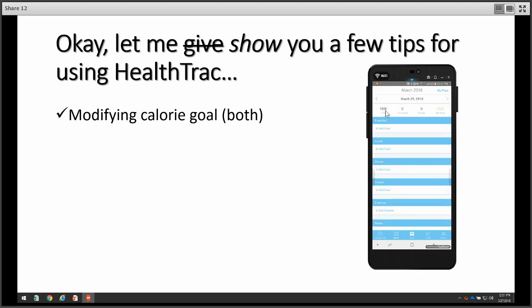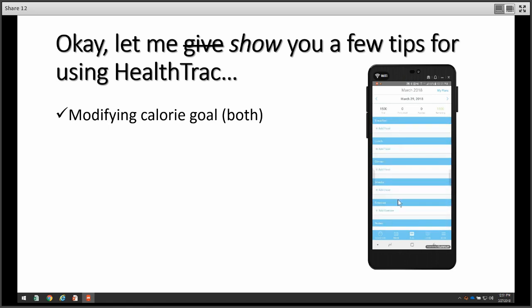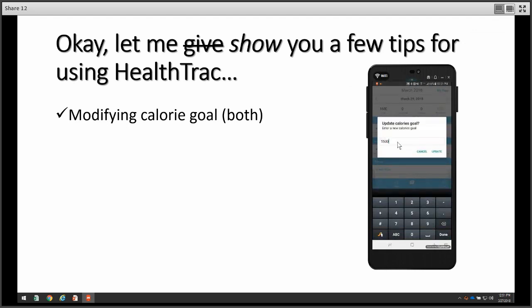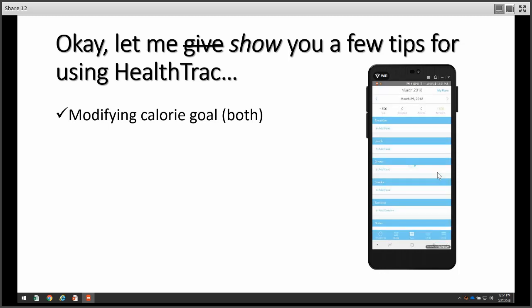For example, I think I've got some stuff in here through March 28th. So I'm going to get to a date that doesn't have any food entered into it. You can see it's completely blank here. Then all I have to do is click on this 1500. A box will pop up, and I'm going to change it to 1200 and hit update.